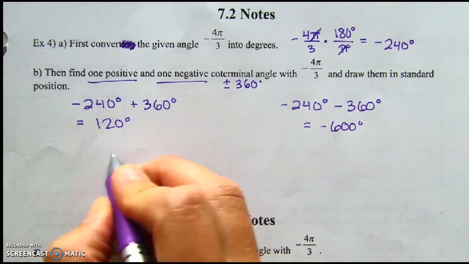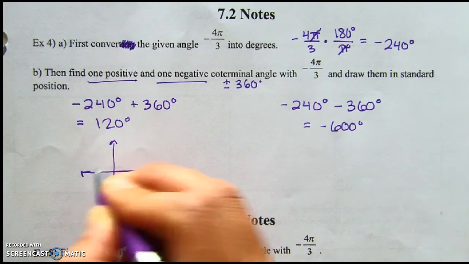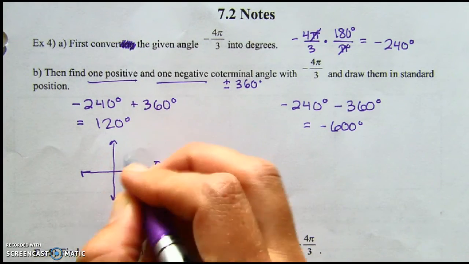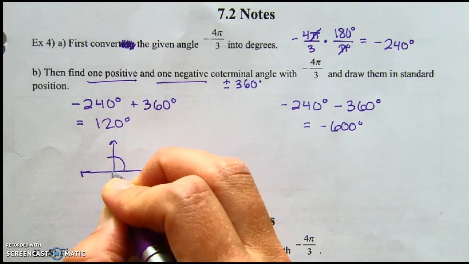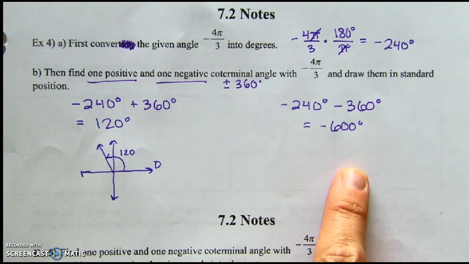And then we're going to draw both of these angles in standard position. So I might run out of time. 0 degrees, I'm trying to get to 120. Going to go up, boop, 120. And then negative 600 would be around